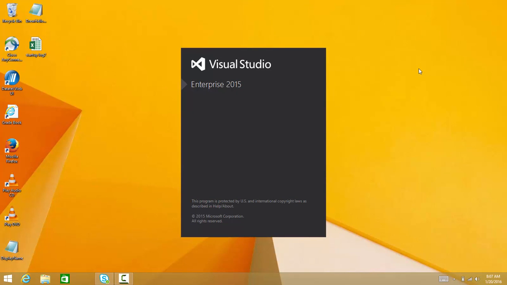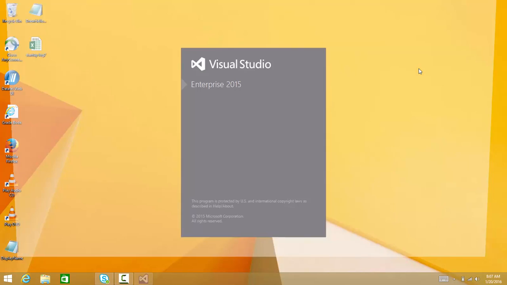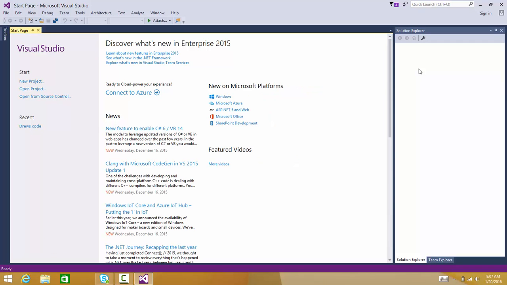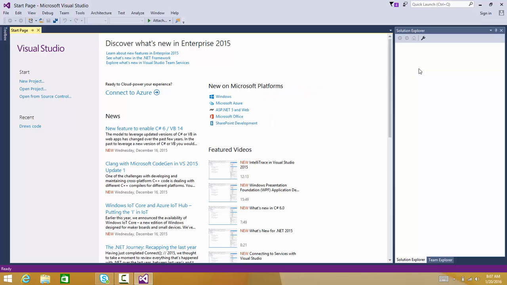I have the Enterprise version installed. If you have DreamSpark Access, that's the version that you would want to download. Now, I've already run Visual Studio once, and the first time I ran it, I told Visual Studio that I wanted my settings set for a C# developer. So if you see any differences with your Visual Studio, it could be just that small implementation at the beginning,